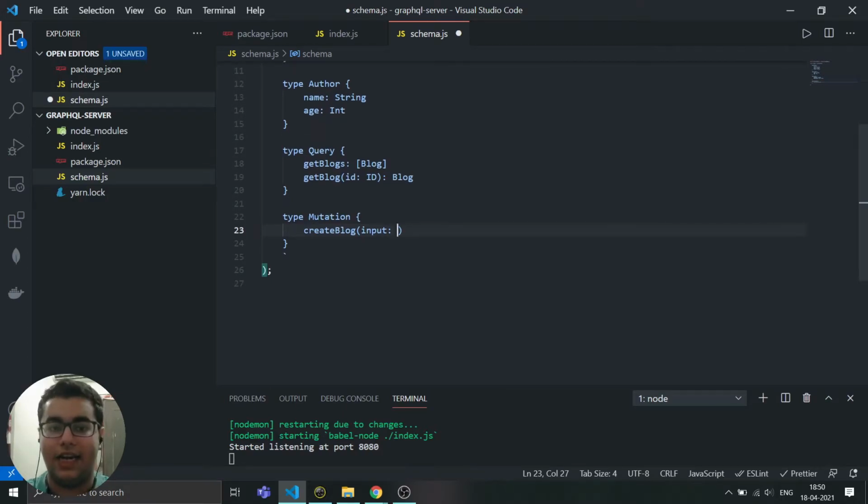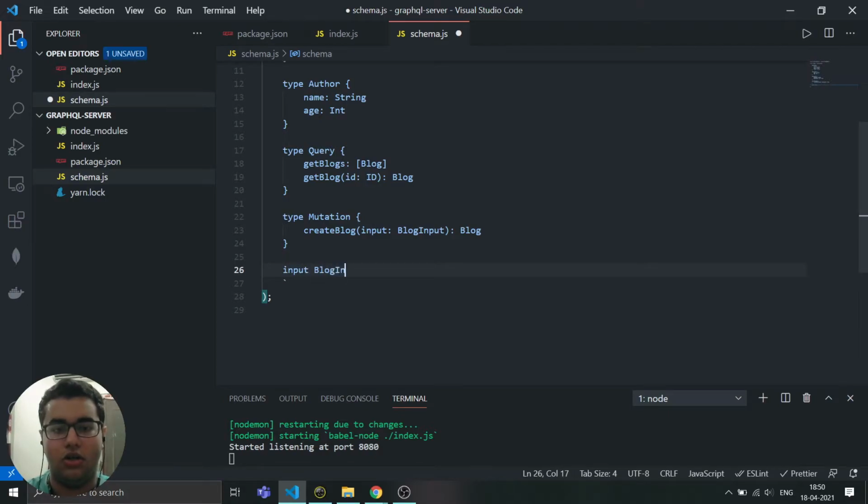We haven't defined any type for input, so let's make it BlogInput. And then what will it return after creating? Let's say we return a blog again. If you ask the backend to create a blog for you, it will store it in the database and it will return the same blog to you. So let's create the input type for it.